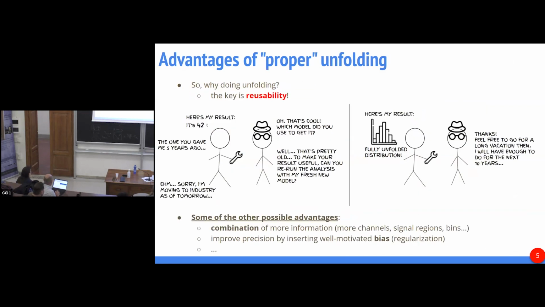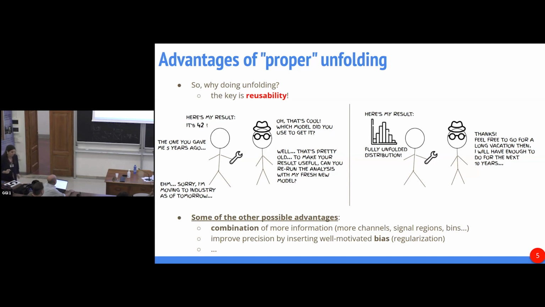Okay, so we don't always need unfolding, but here I tried to put some maybe naive situation. You can guess who is the experimentalist and who is the theorist here. This is probably exaggerating a little bit, but okay, if you don't do unfolding, then the experimentalist goes to the theorist and says, okay, this is my result, full stop. This is a number or something. Then the theorist